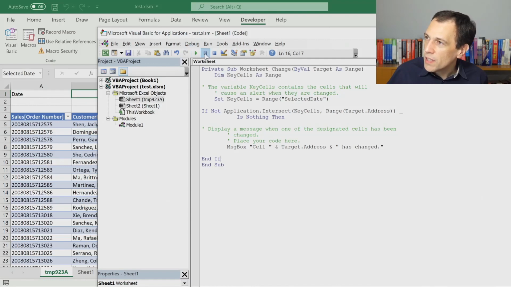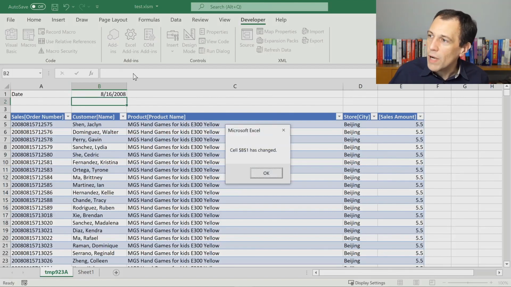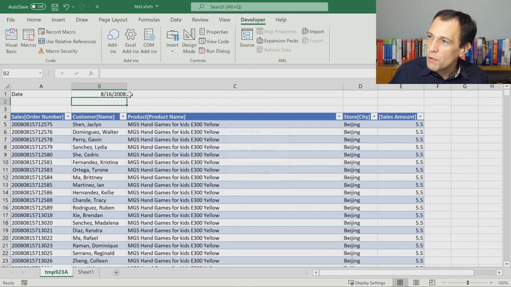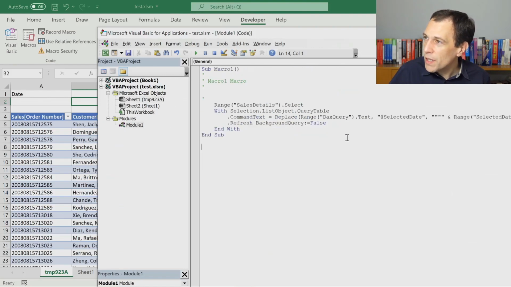Okay, let's see if this works. So if I write here 8:16, wow, it works. Wonderful. So we just have to replace now here the code of the example Microsoft provided with the code of